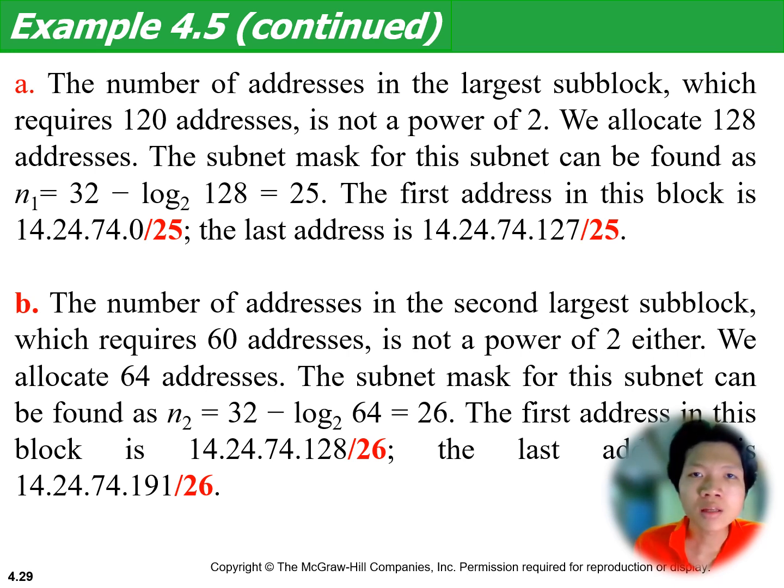The subnet mask for this subnet can be found as n1 equals 32 minus log base 2 of 128 equals 25. The first address in this block is 14.24.74.0/25. The last address is